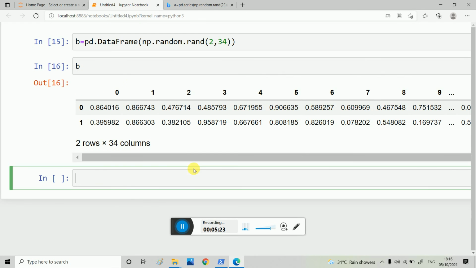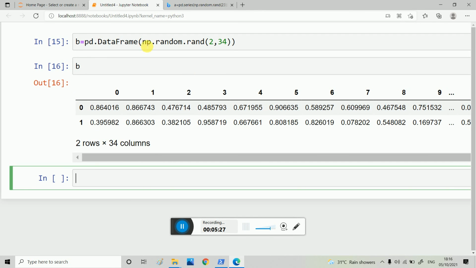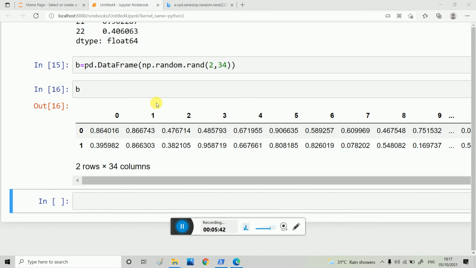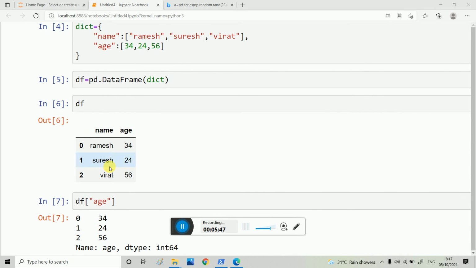So this will give 2 comma 34, and in this way this will give a data frame. If only one column, then this is the series. I think you understand the two data structures, the series and the data frame.